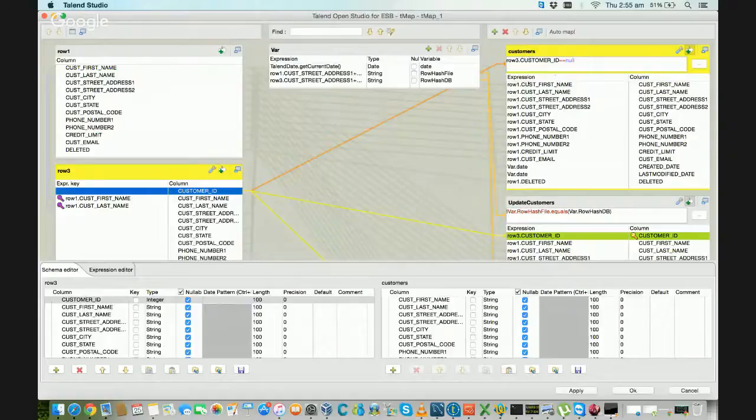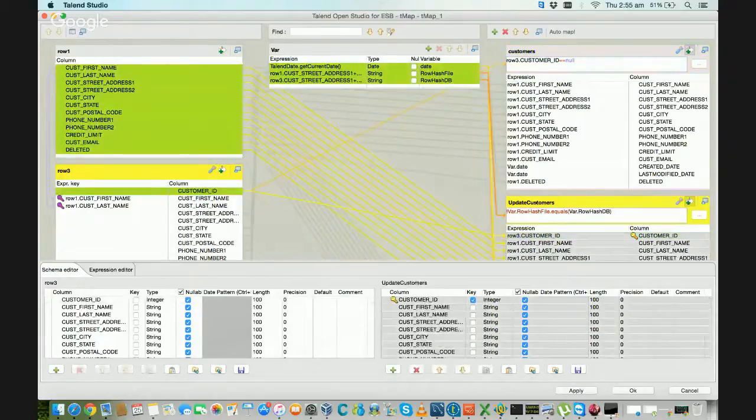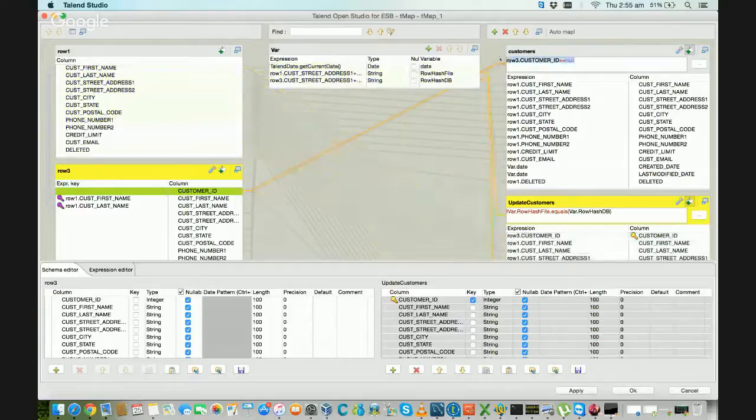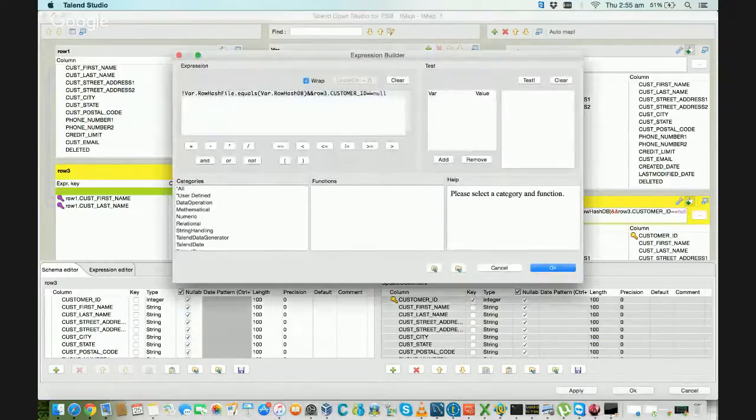If customer ID is null, we identify that this record is going for an insert. But when customer ID is not null,